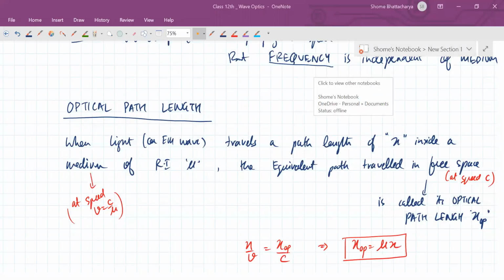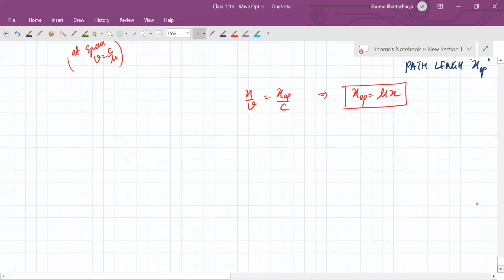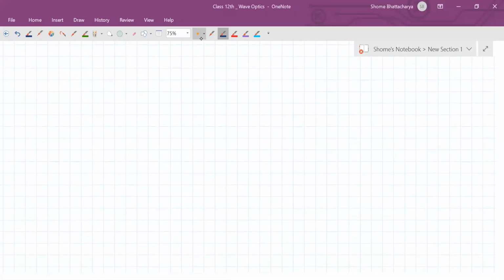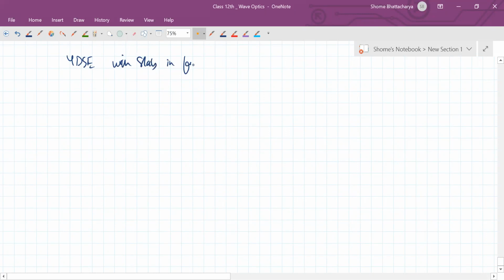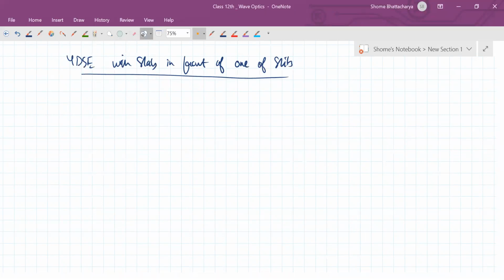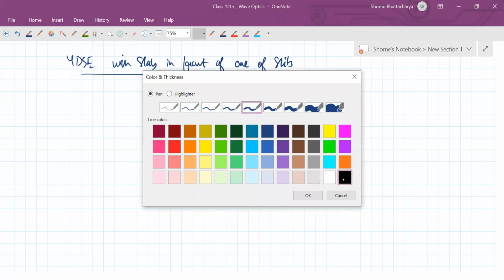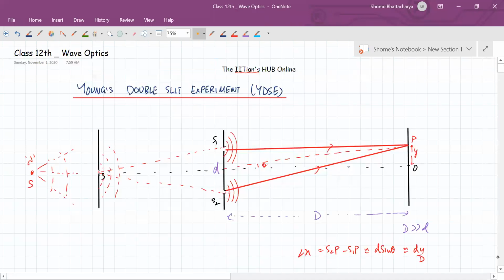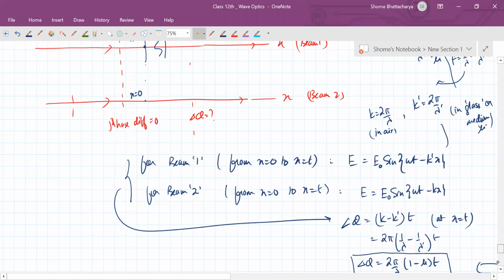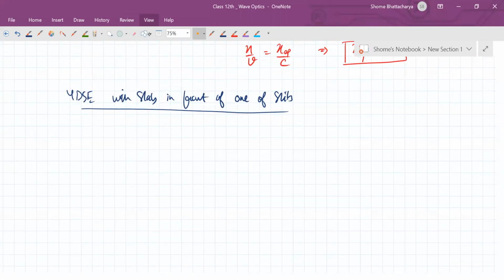Okay, so now see, it becomes so easy to visualize these type of variation problems. So coming back to that YDSE problem, YDSE with a slab in front of one of the slits. So in this variation,